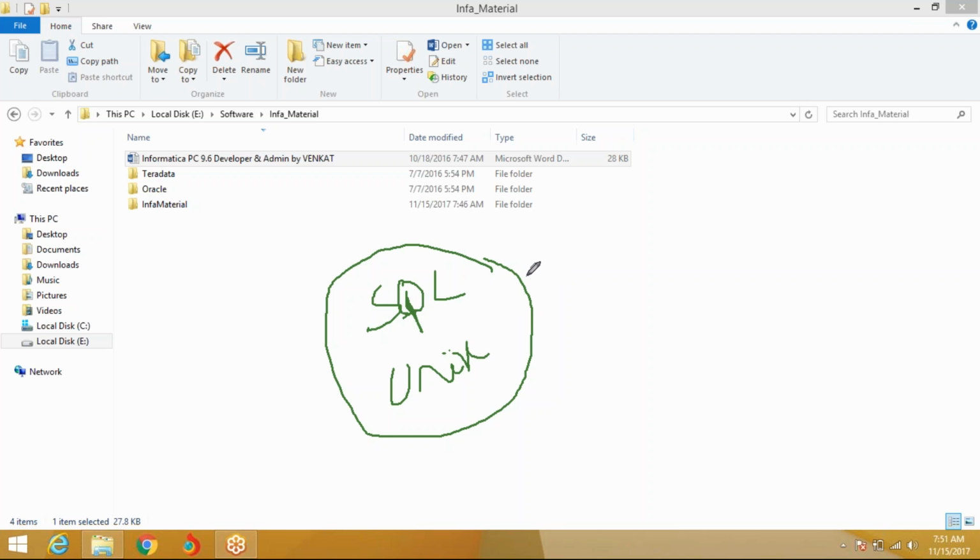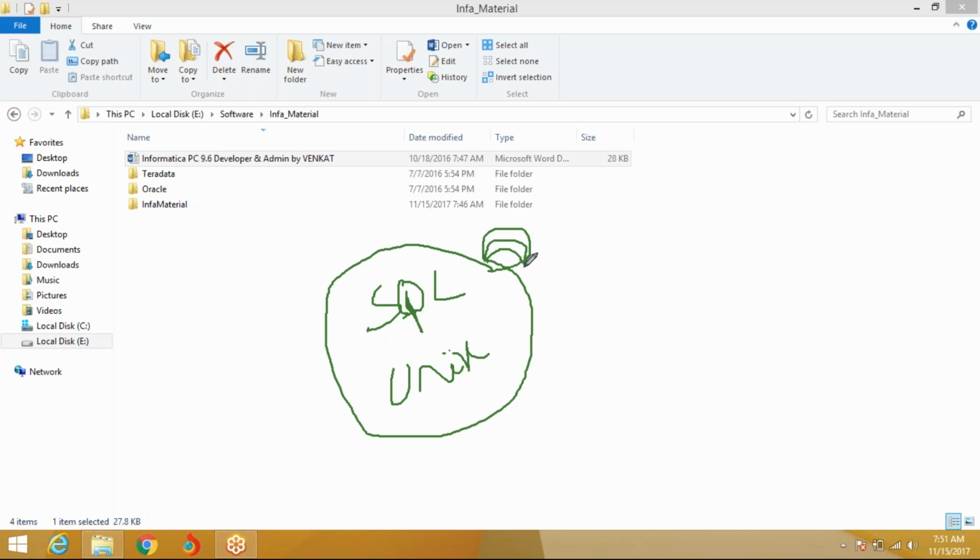Anyway, I'll send you the recording of what the requirements of Unix are, and in what scenarios we use Unix. I have covered all those things in a recording, and that recording will be shared with you. As long as you're comfortable logging into the Unix machine, understanding how to move from one drive to another, and the basic Unix commands, that should be enough. An Informatica developer, 90% will work on SQL and